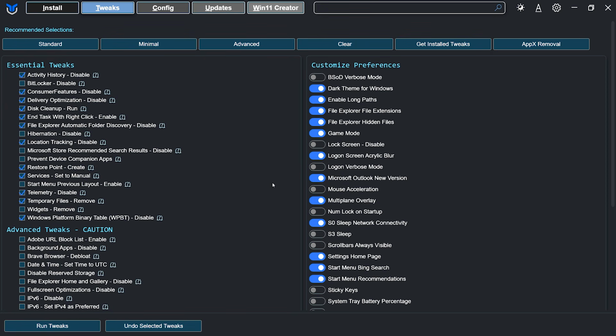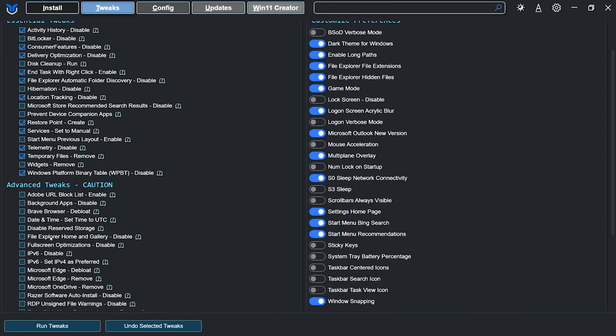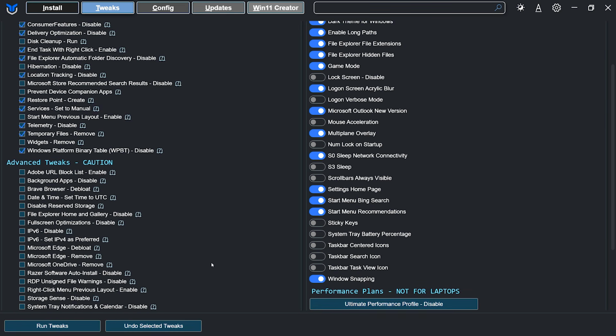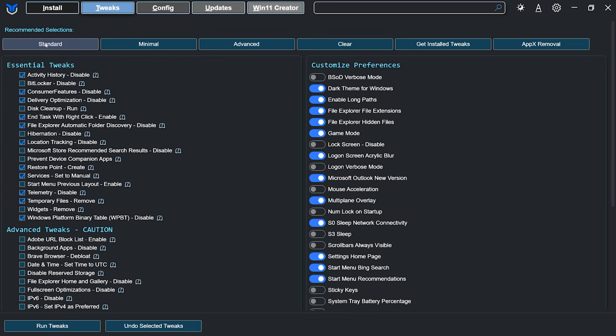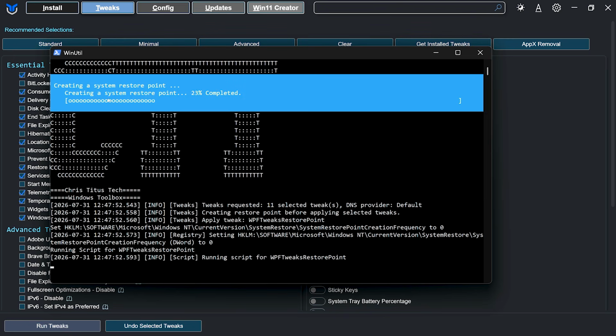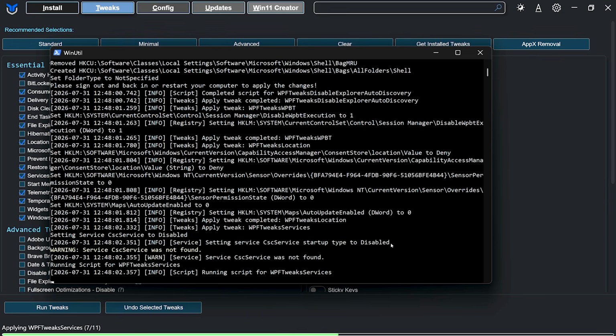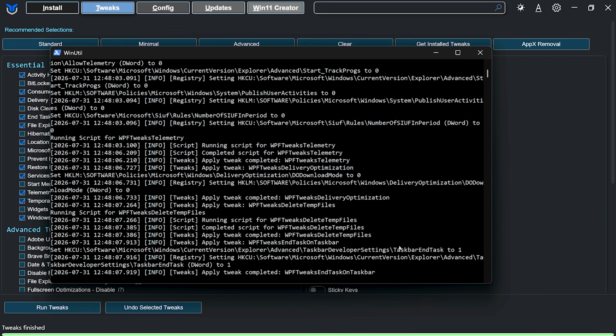The only thing that I'm going to change is I am going to uncheck disk cleanup. This is something that I can do for myself afterwards, and it means it won't take very long to actually run. You will see you have a lot of options here, and you can mess around with this however you want. Just be careful. It could break your operating system if you don't know what you're doing. So we click standard, click run tweaks, and you will see in the background it's creating a restore point, and then it will run through all of the tweaks and install them, or change them I should say,